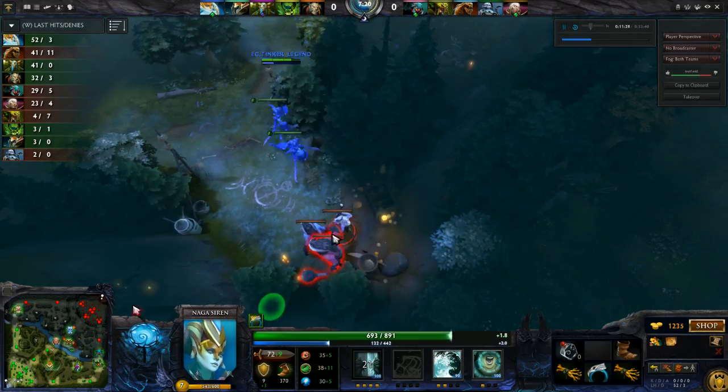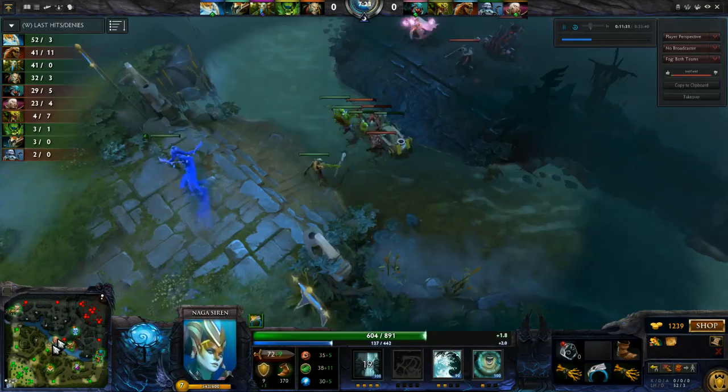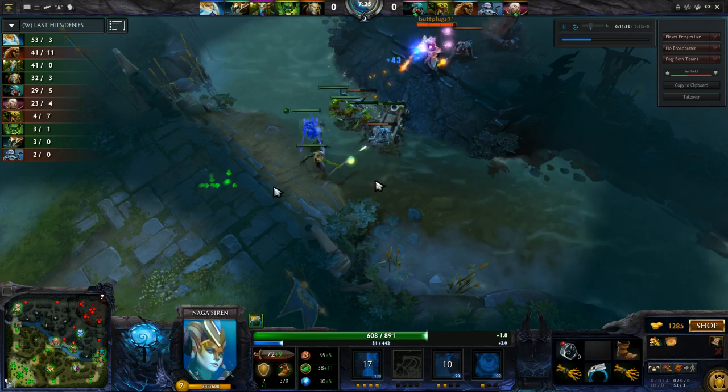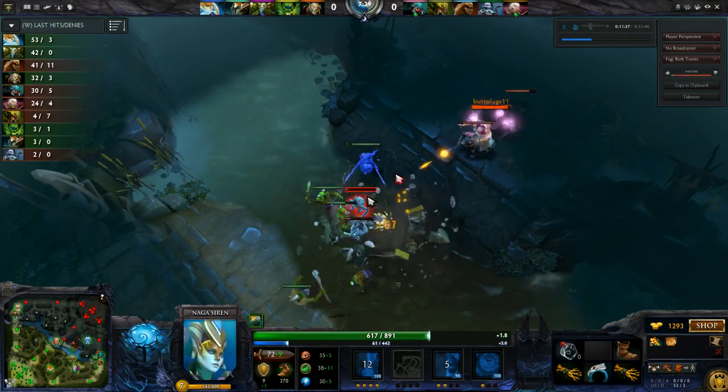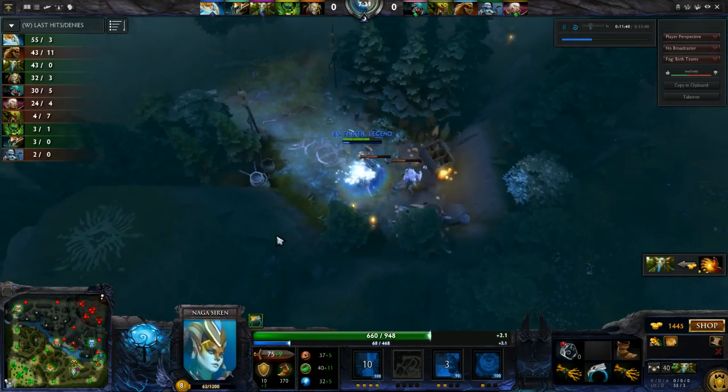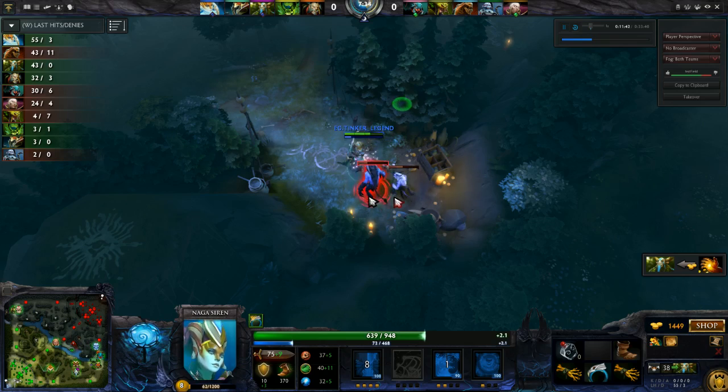And now he's going to send one illusion back to the middle of the river here. And he's going to spam Riptide right there to get another last hit. This is insane. This is so farm efficient. It's kind of insane. Now he's actually using the illusion to last hit, which is surprisingly difficult because the illusions